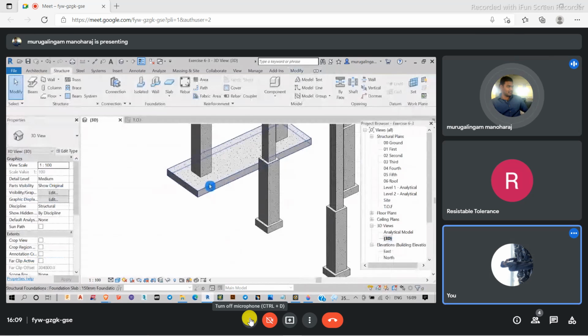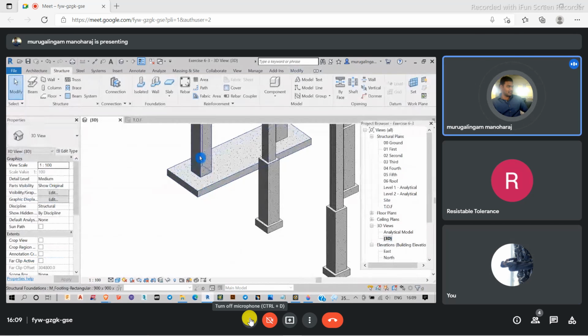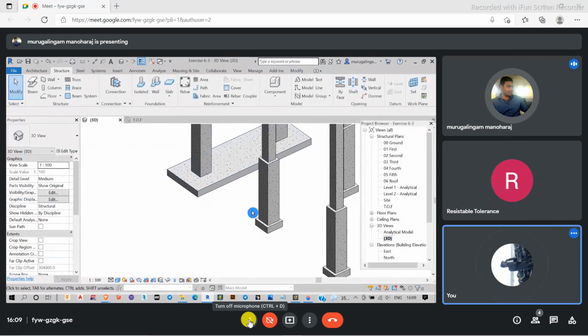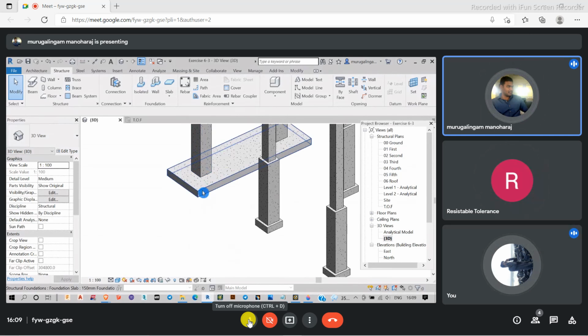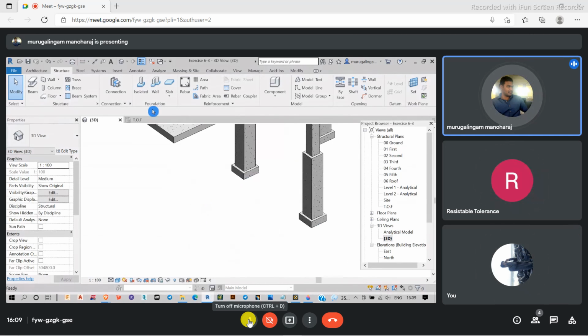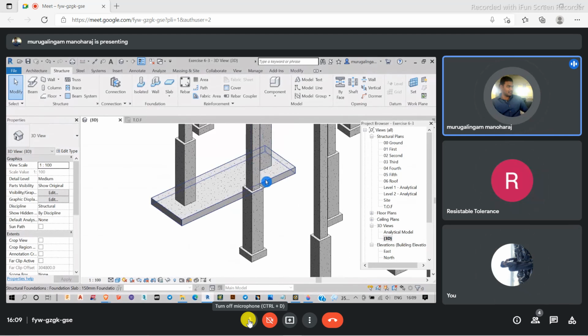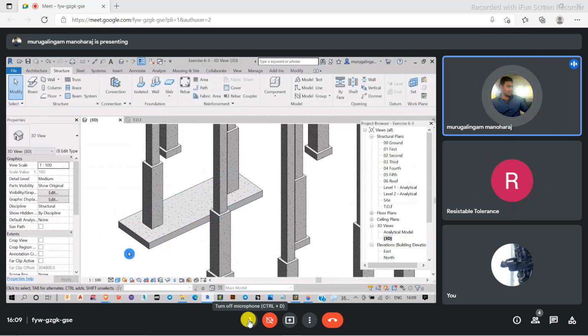Yes, sir. So while giving reinforcement, these two things will act as a single element. That's the thing in good structure. These two reinforcements will get embedded together into a single reinforcement and will act as a single reinforcement. Okay. So that is how I will be creating my combined footing if I needed one. This is the way I will be creating my combined footing.